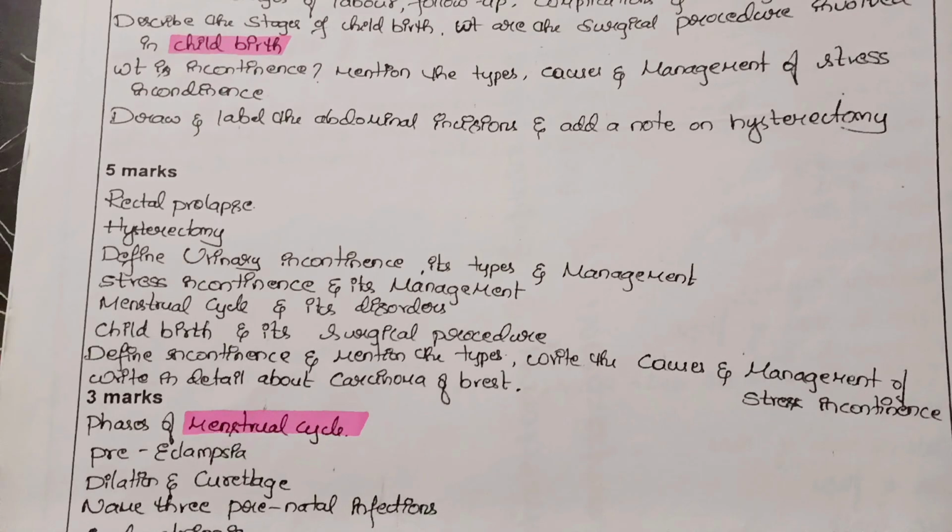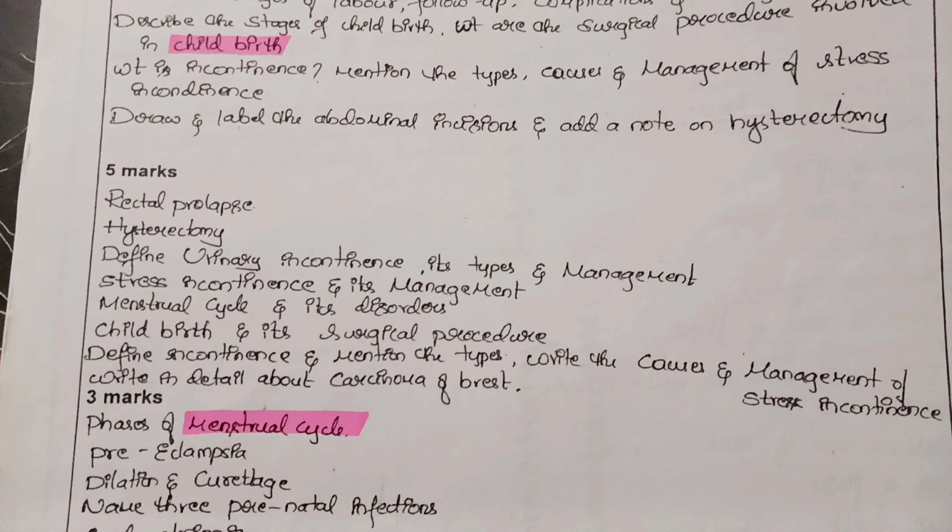In this, the important 10-mark questions are the first one, describe stages of labor, its follow up, complication, and management of labor. Second one, describe the stages of childbirth. What are the surgical procedures involved in childbirth? Third one, what is incontinence? Mention its types, causes, and management of stress incontinence. Last one, draw and label the abdominal incisions and add a note on